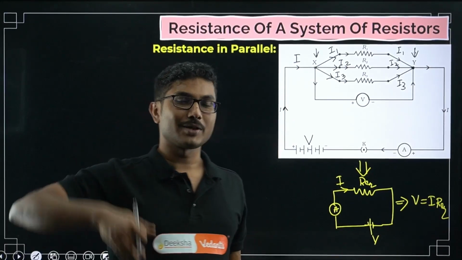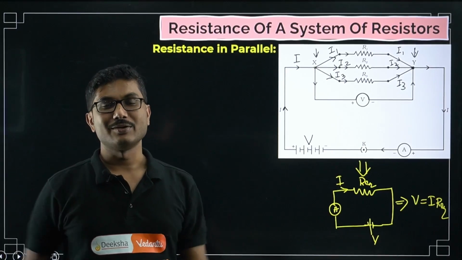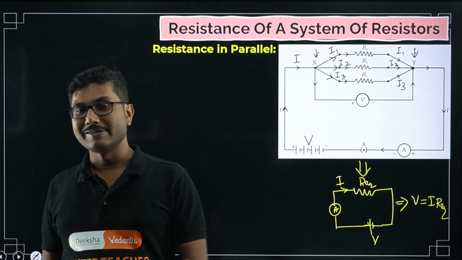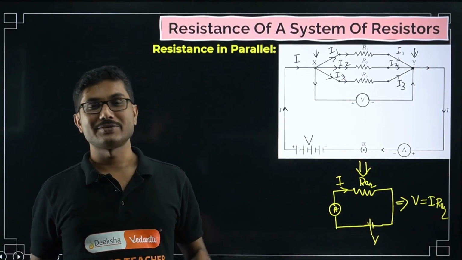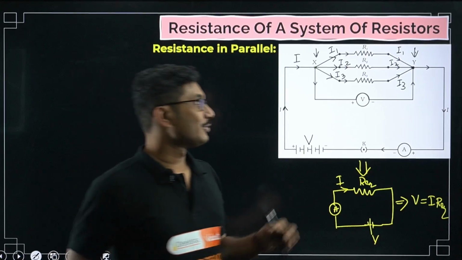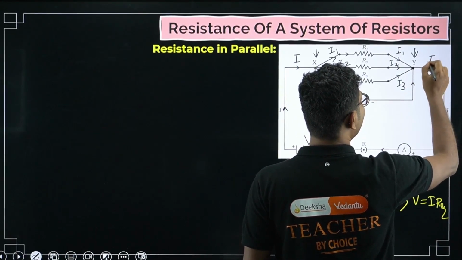You know, my path was very smooth, I came completely unharmed. Another one says, no, my path was full of bumps, it had a lot of rocks. Someone will say, my path was beautiful, I saw a lot of birds, a lot of animals. So they will discuss that, but when they come out, they will have the same current I, because